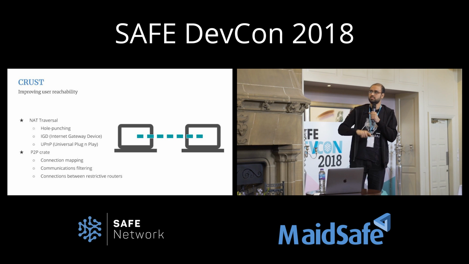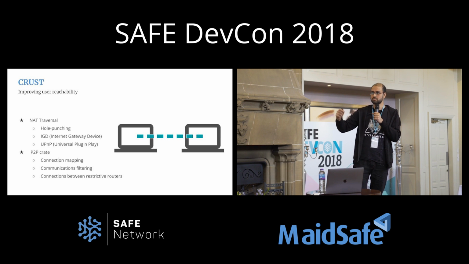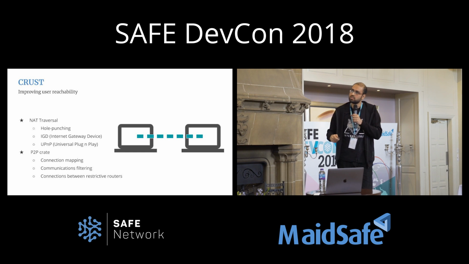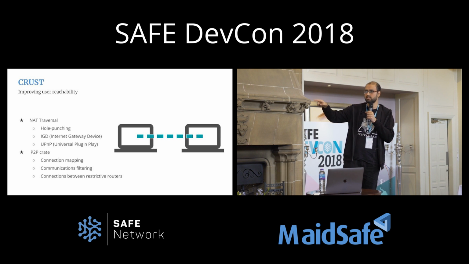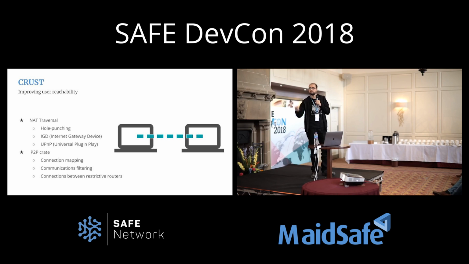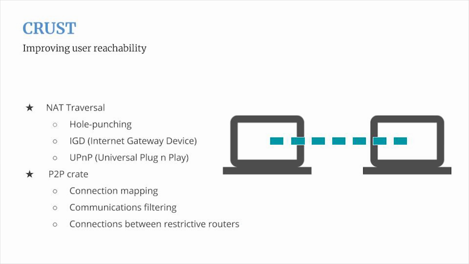So we need other mechanisms in case the users say, nah, we are not comfortable with UPnP. It's a convenient feature, but if we are not comfortable with it, then of course we need other features. So the way we do NAT traversal is predominantly by hole punching, and that is where the P2P crate comes into play. This is one of the open source crates again for everyone to use out there and suggest corrections